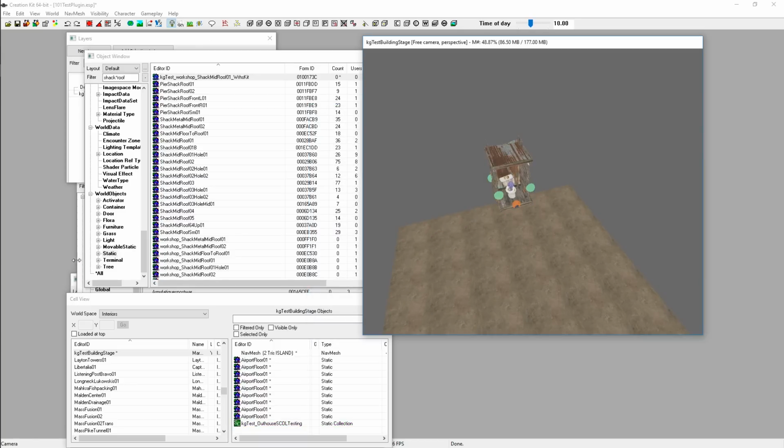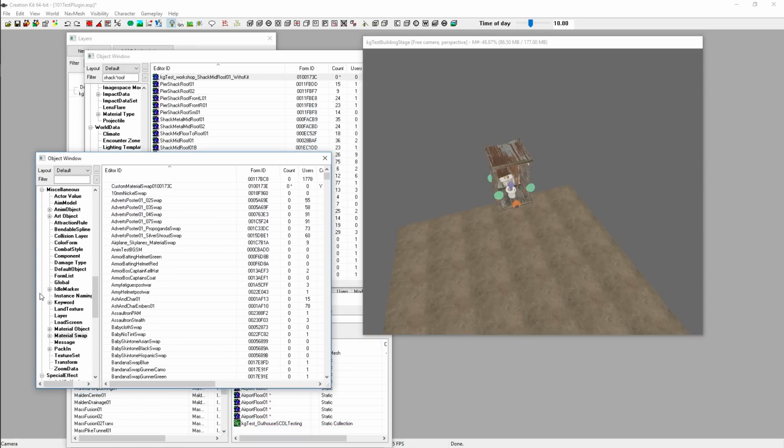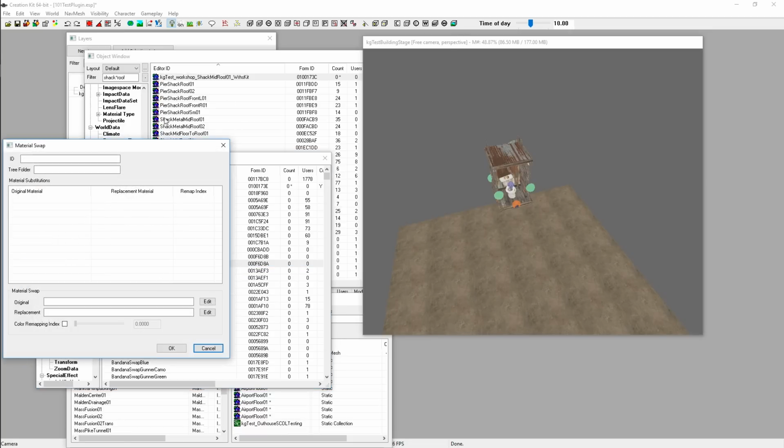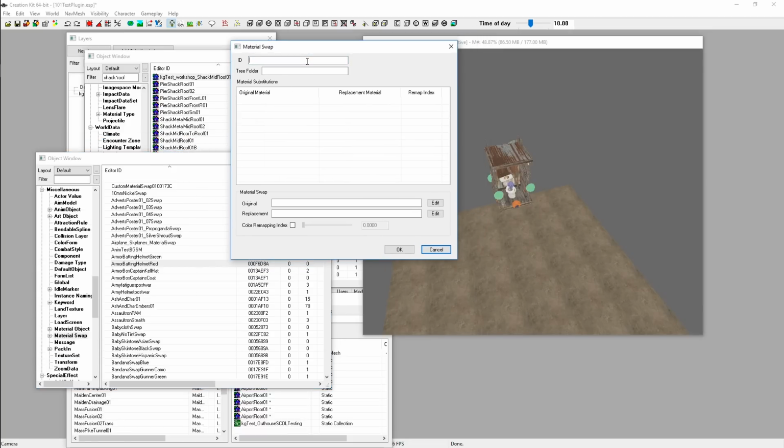So if you go into an object window, and you scroll down and expand miscellaneous and click down to material swap, you'll find all of these different material swaps. So we're going to go ahead and create our own. So just like any other form we want to create a brand new one of, all you do is right click over in the right hand side once you're selected on the category and press new, and you'll get the new material swap screen. So the first thing we're going to do is type in KG test,